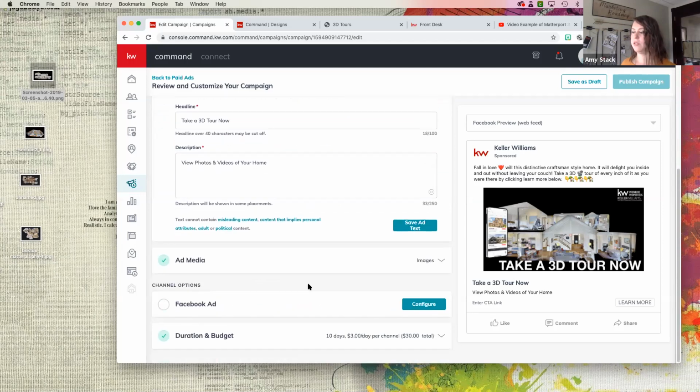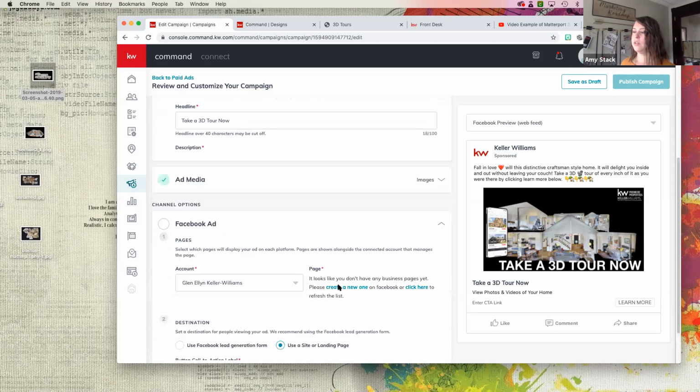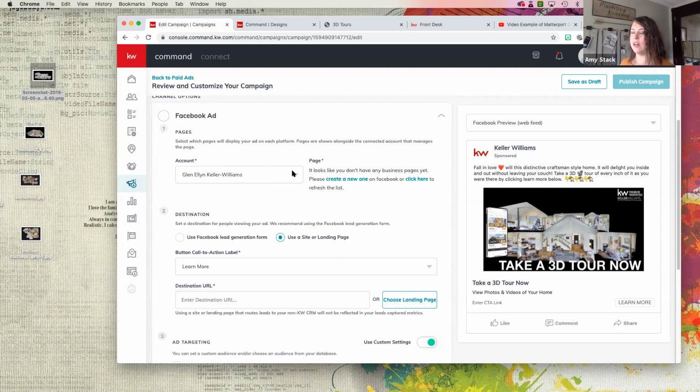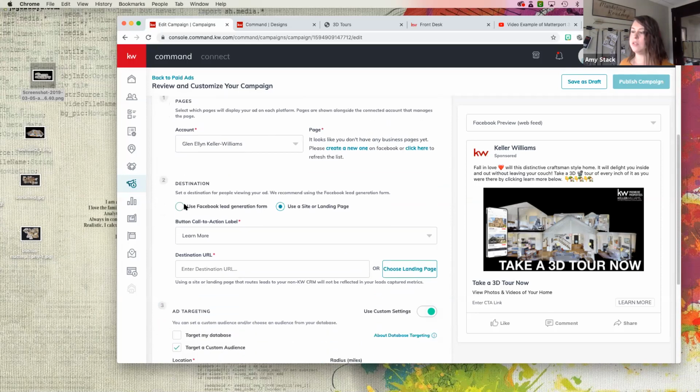Showed you how to upload the photo already. And then when you go to Facebook, make sure, I don't have our account hooked up right now, but you always want to use this Facebook lead generation form. The reason for that is Facebook will automatically prompt them to put their information in for you, and it will